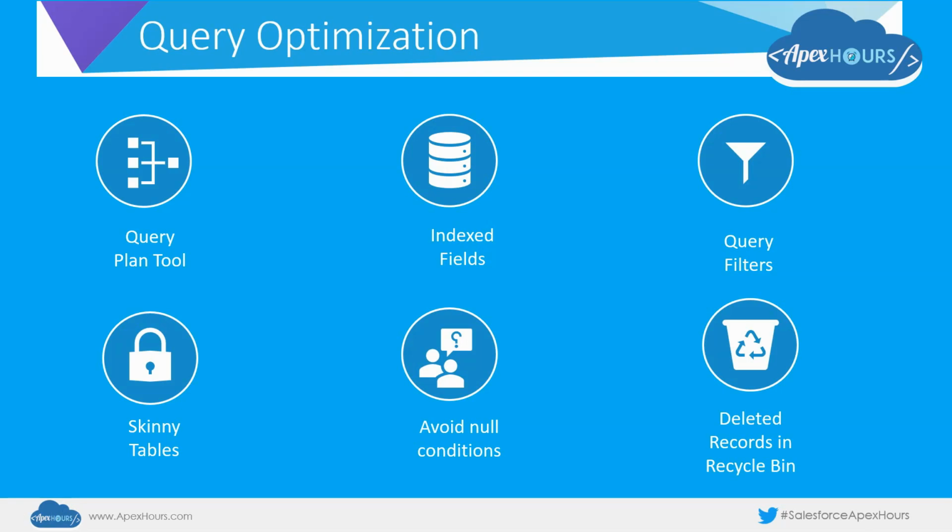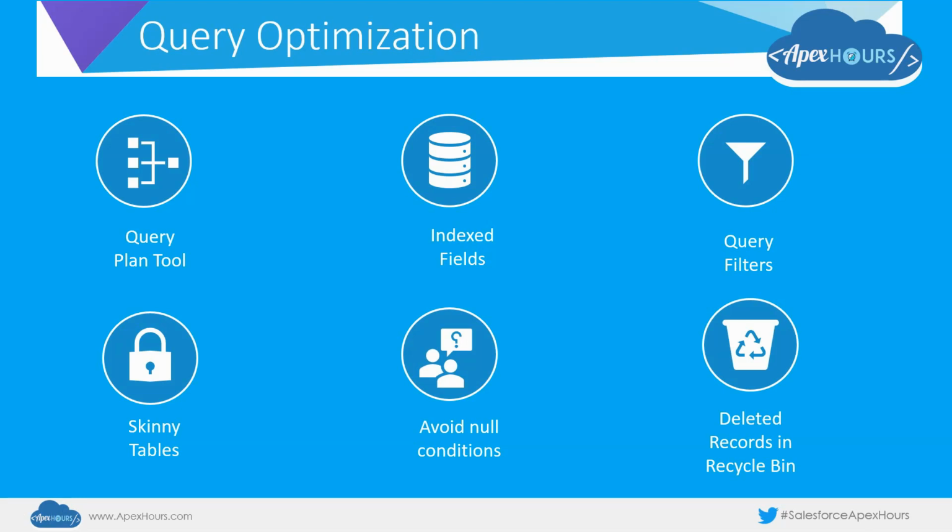This is something that will be created by Salesforce if we request them for a skinny table creation. But we will not have direct access to this table. This will act as an in-between table between the actual database and our query. So whenever we execute a query, instead of the actual database, the query will be executed against the skinny table. There are some limitations on the number of fields that can be added to skinny tables, the type of fields, or for which objects you will be able to have skinny tables created. But as per my understanding, skinny tables are available for most of the major Salesforce objects like account, contact, opportunity and so on. So this is going to really improve the performance of your query execution.